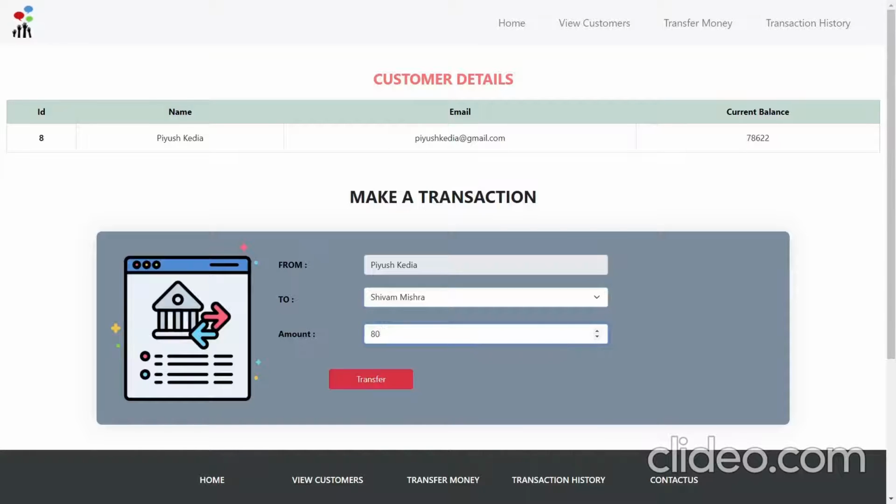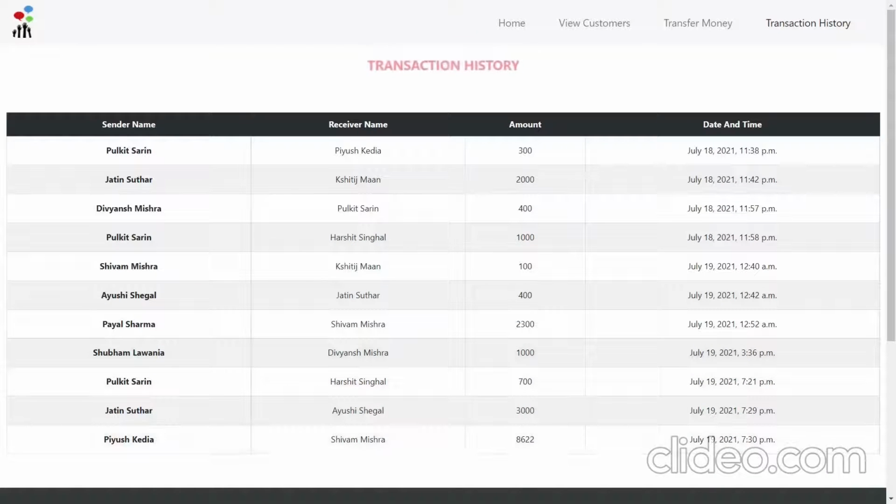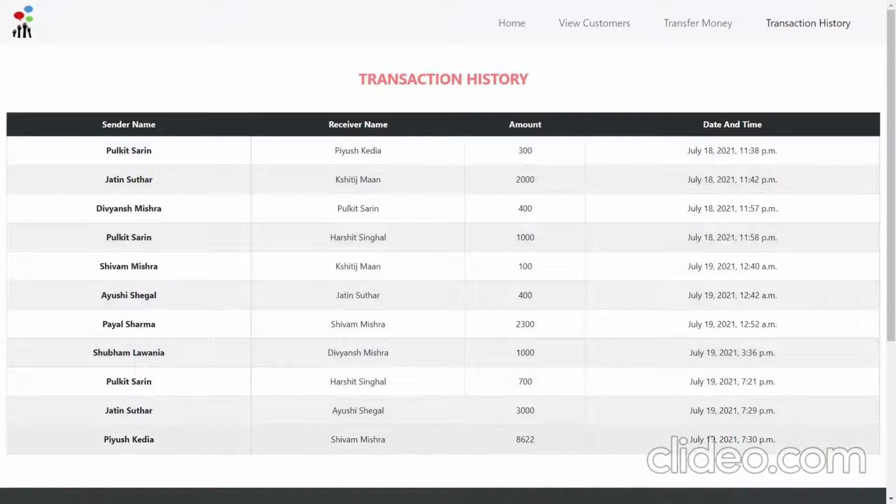We see this amount of 8,622. Let's transfer the money. As you see guys, the amount is transferred from Piyush Kedia's account to Shivam Mishra, 8,000 at 7:30 p.m.